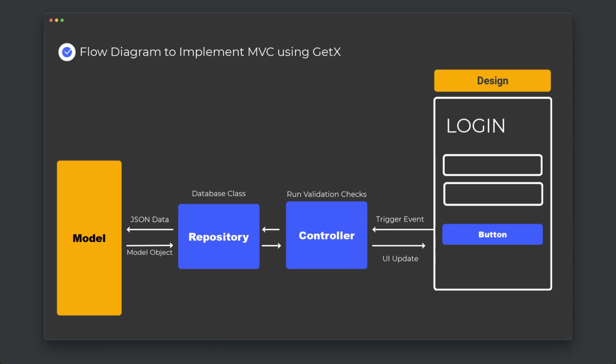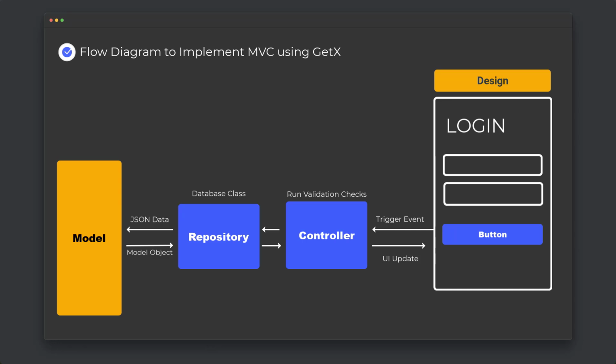And once we reach the repository, it will contain all the functions like create, read, update, delete from the Firebase database, actually Firestore. And once we receive the data from Firestore, it is going to be JSON data, and we have to convert that JSON data into the model format. So we will send that to the model. It is the responsibility of the model to convert that JSON on top of its own model and send a copy back to the repository. Repository will compile it as a list or a single value, send back to the controller, and controller will send back to the design.